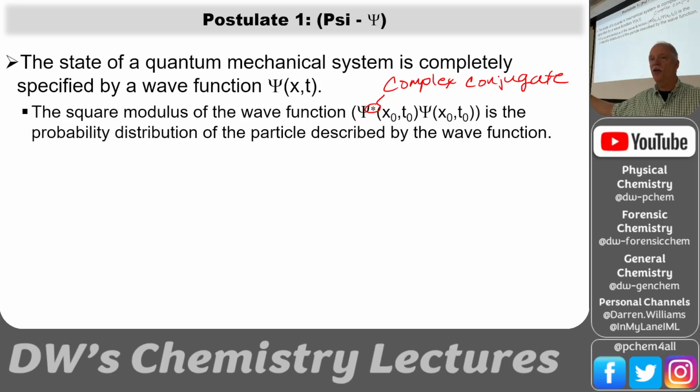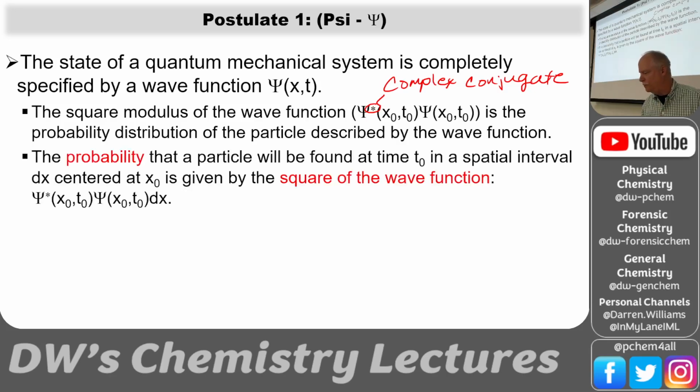Now, if we integrate over the whole area of that system, the probability should be 1. And that's what we mean by a normalized wave function. We square that and we integrate over the whole space. And for a single particle, we better get the number 1, right? We've integrated the probability of finding that particle anywhere in the box, and we have 1 particle, so we should find that the square of the wave function integrated over all space should equal 1, or 100% probability of finding